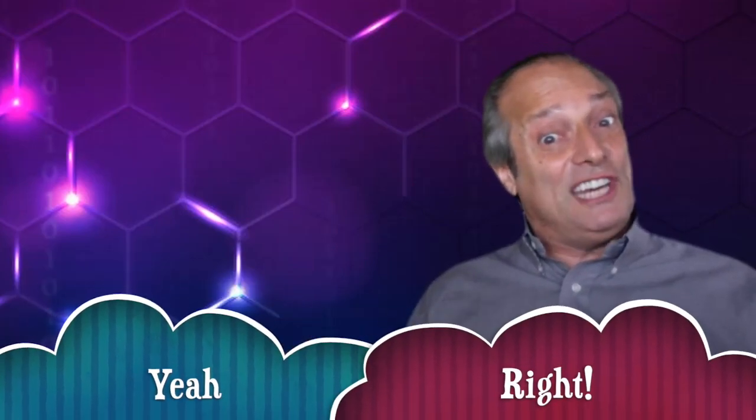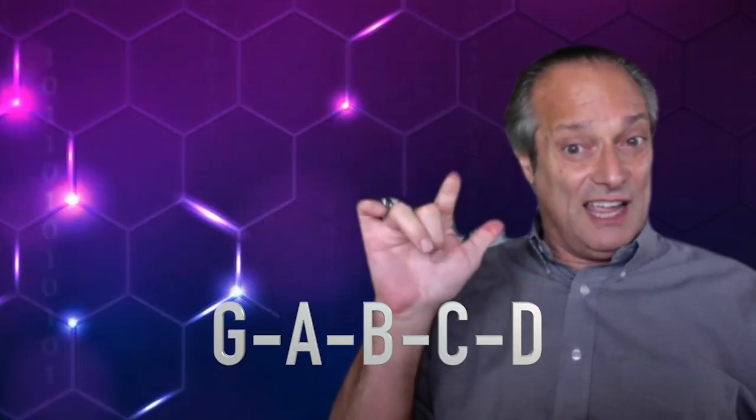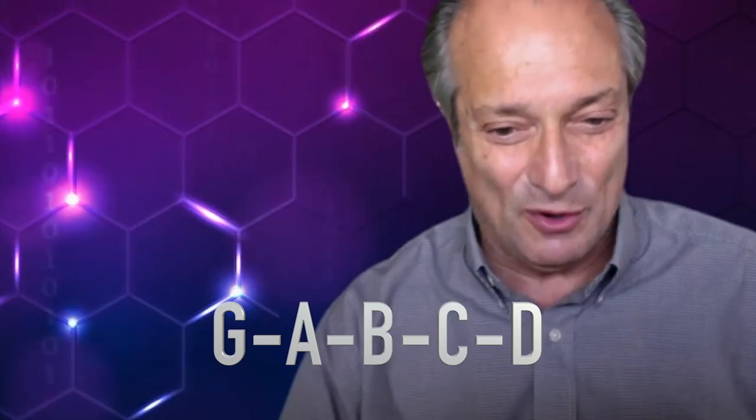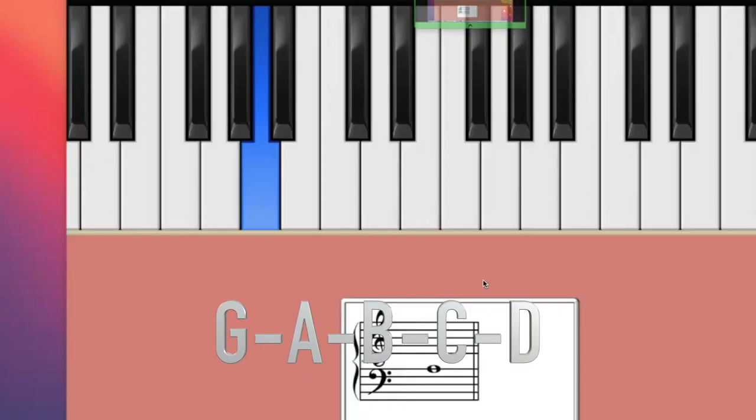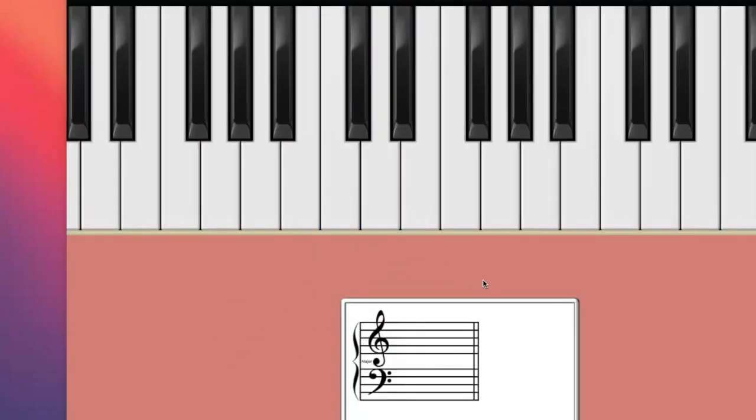So we're going from G to D. G, A, B, C, D. We're counting all 5. G, A, B, C, D. Let's show you on the keyboard. So we're just planning where we're going to start the next scale at. With that, we are up to